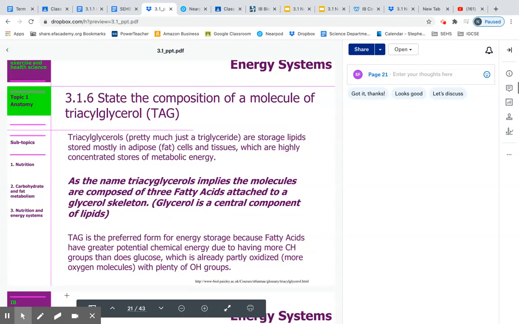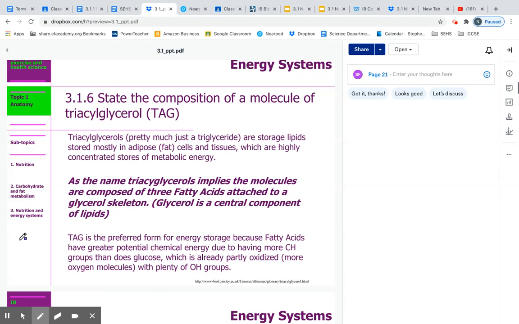Okay, let's talk about everybody's favorite fats. So 3.1.6 wants us to remember. I'm saying remember a lot. Remember that every time you see the word state, basically it's just asking you to remember. So we need to remember the composition of this molecule called TAG or